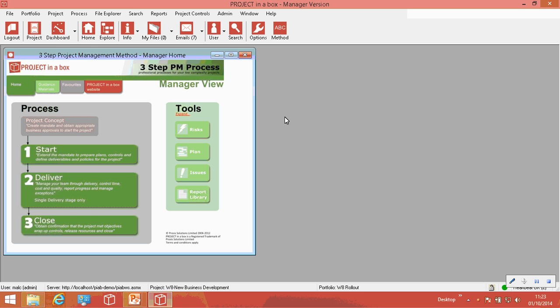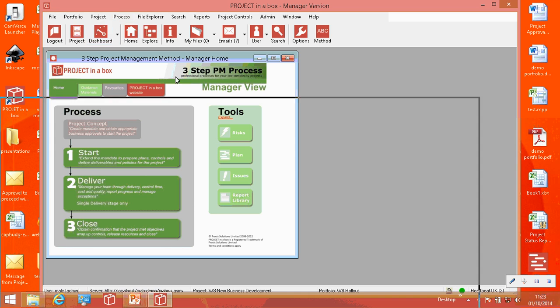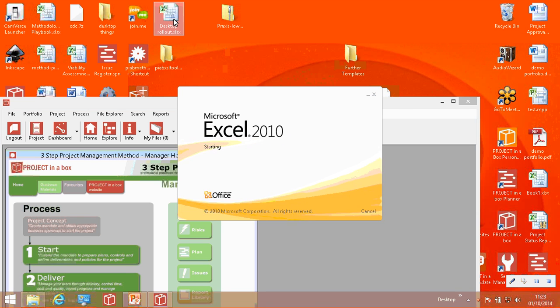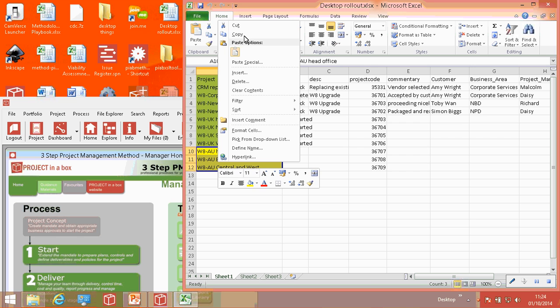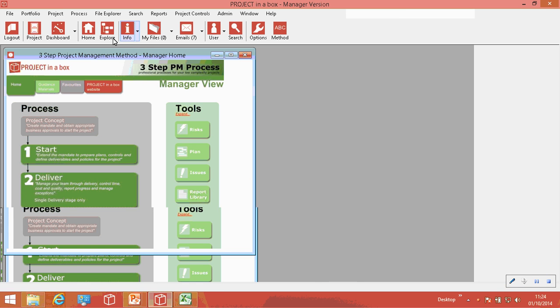So I've got a little example here, which is typical. We've got a Windows 8 rollout going on, and we've got a whole load of projects that are being created. Some are up and running already. These ones here, these are the next ones that we're going to start doing as planned, and so we've got a sort of project code for them, and we might start to fill in some other information for them as we go along. But first thing we want to do is create these projects. So I can create projects with these names using the new bulk create project. So I'm just going to copy the names from the list, come back to my bulk create element,